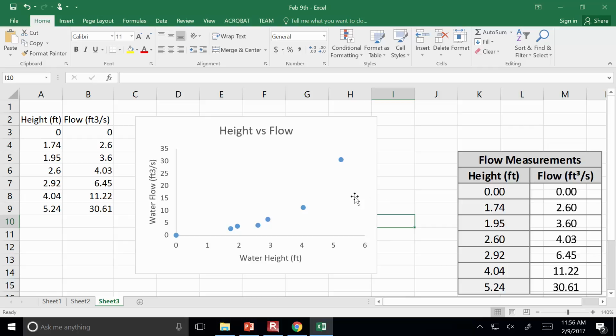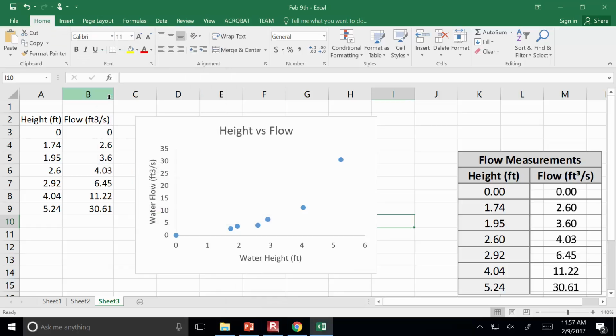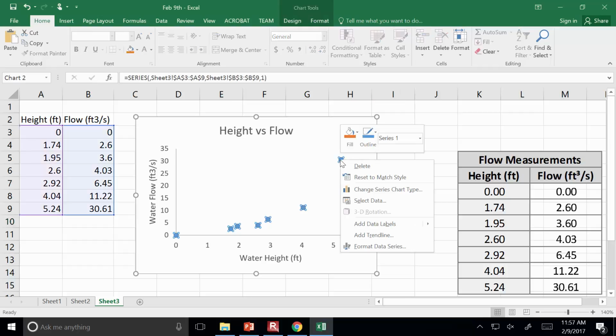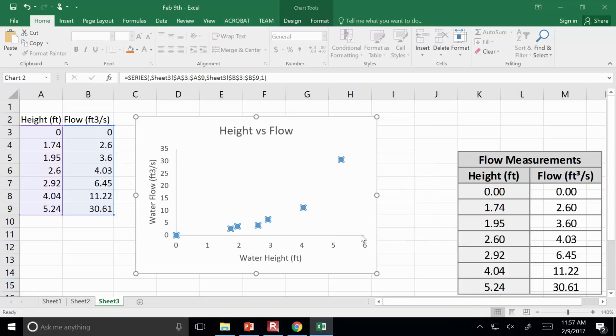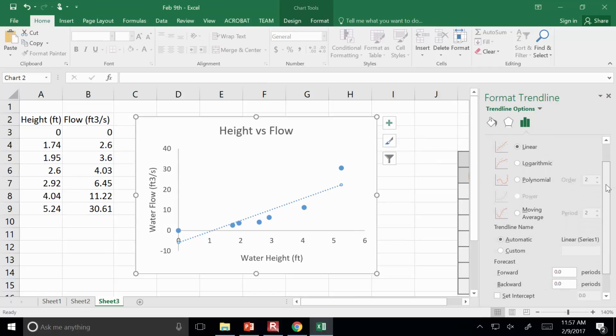And so the way that you do that, I'll pause for a moment until everybody has the data graph. Okay, so follow along as I do the following. Right-click on one of the data points, and it brings up this menu. What we want to do is add a trend line. And we're going to start with a linear trend line. And if you scroll down,